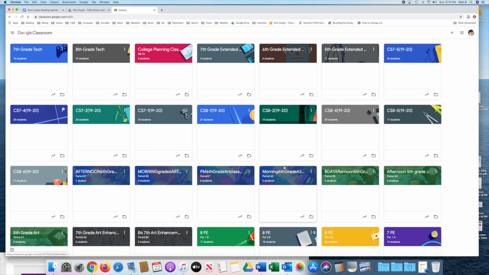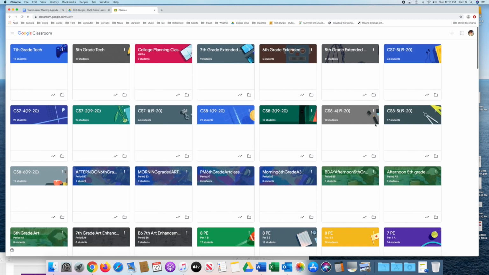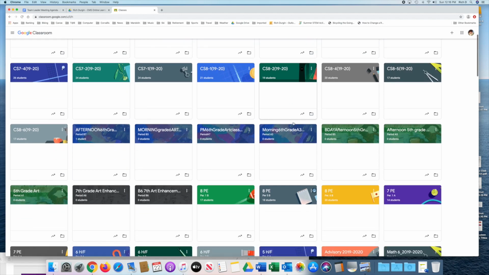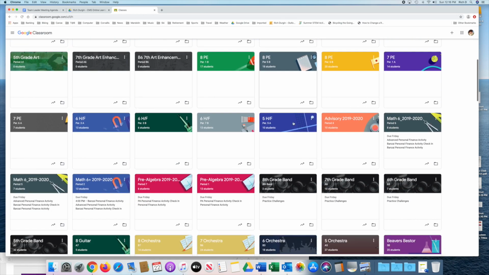Because of that, I've already had some parents express concern about how they're going to be able to help kids maneuver through all of this when they aren't necessarily computer proficient. Because of that, I think we need to try to make what's on their end as incredibly simple as possible. The first thing I noticed, and what I'm going to ask everybody to try to do this week and as soon as possible, would be to, as we start looking at these classes,